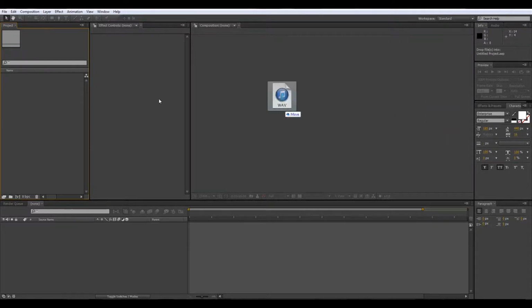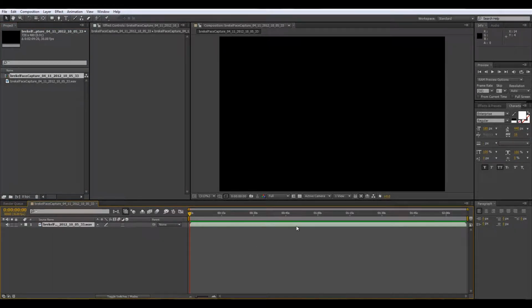But the great thing about After Effects is you don't have to save the project or anything. You can come in here real quick, drag onto this new comp button, create a new comp, and quickly see what's going on. The only issue with After Effects, of course, is you have to RAM preview to hear the audio, versus in Premiere where you can hear it in real time. But let's go ahead and listen. Take a listen. And as I talk to you guys, we'll use what I'm saying right now as our current